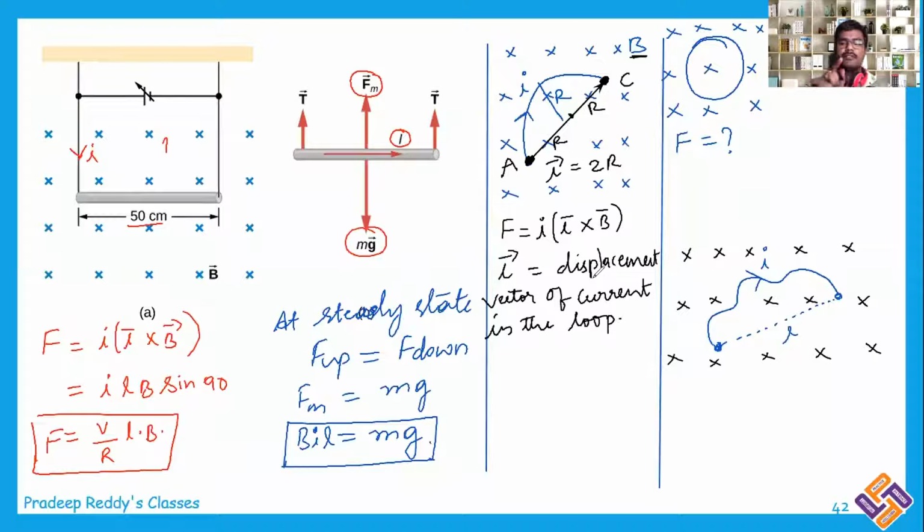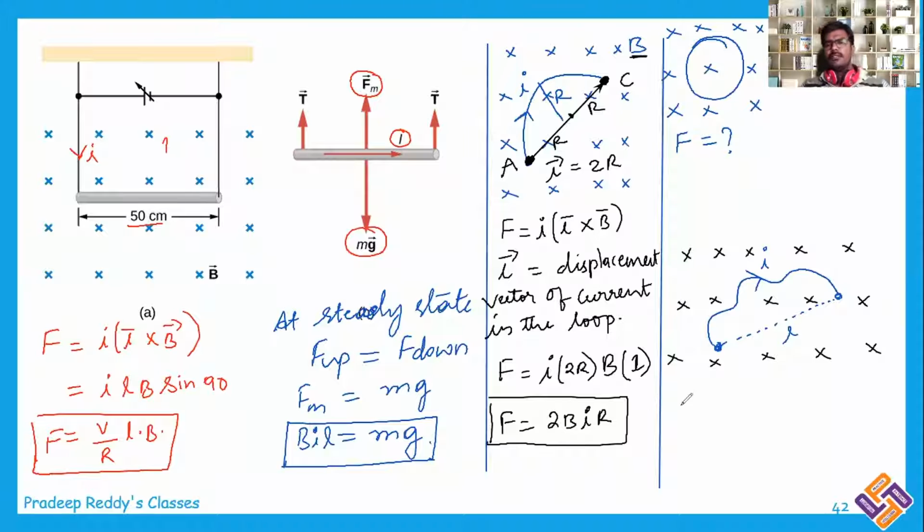But if it is not a straight loop, if it is curved or any other irregular shaped loop, in such cases you will calculate L as the total displacement of the charged particle in the loop from the initial to the final point. Just like how I have done here, you can now write F will be equal to I. What is the length in this case? It is 2r. And the magnetic field is B, sin 90 will be equal to 1. Therefore, the magnetic force acting will be equal to 2 times BIR.